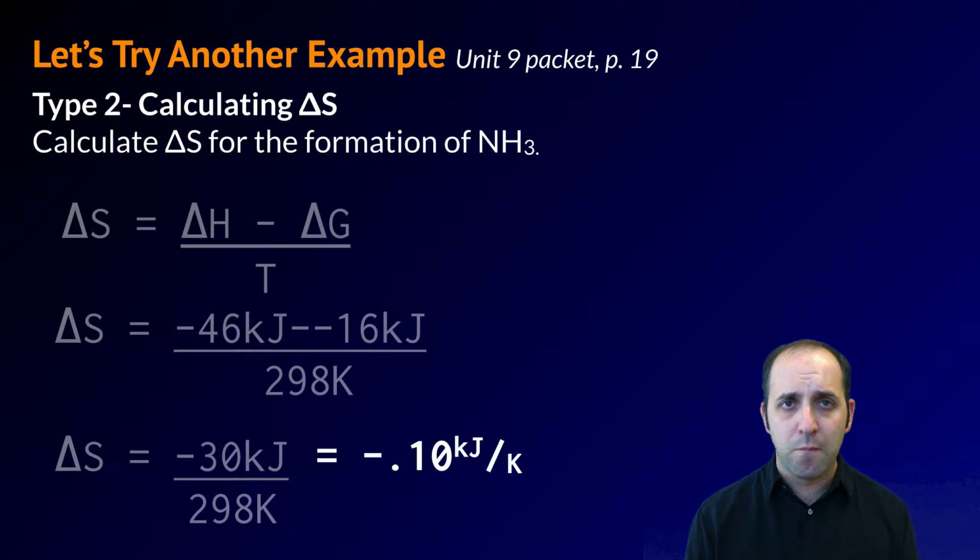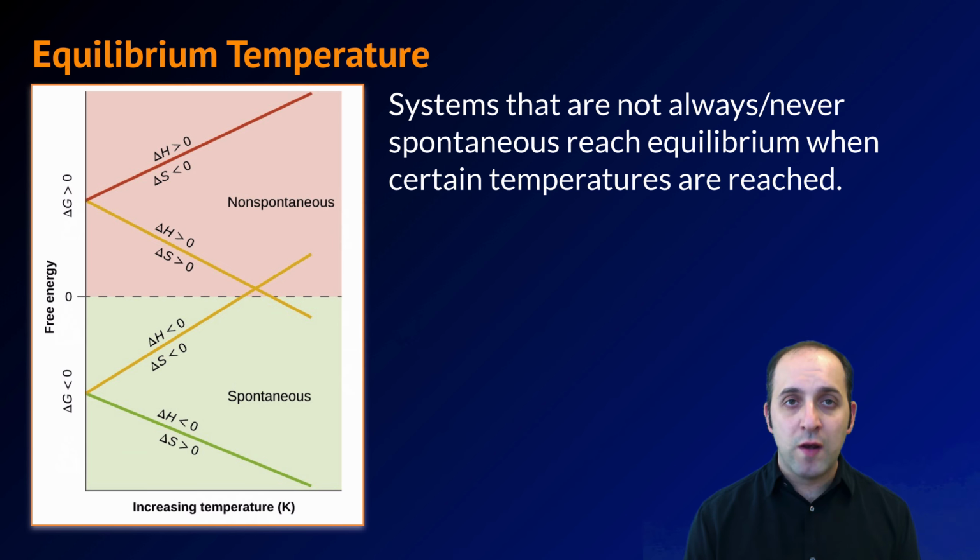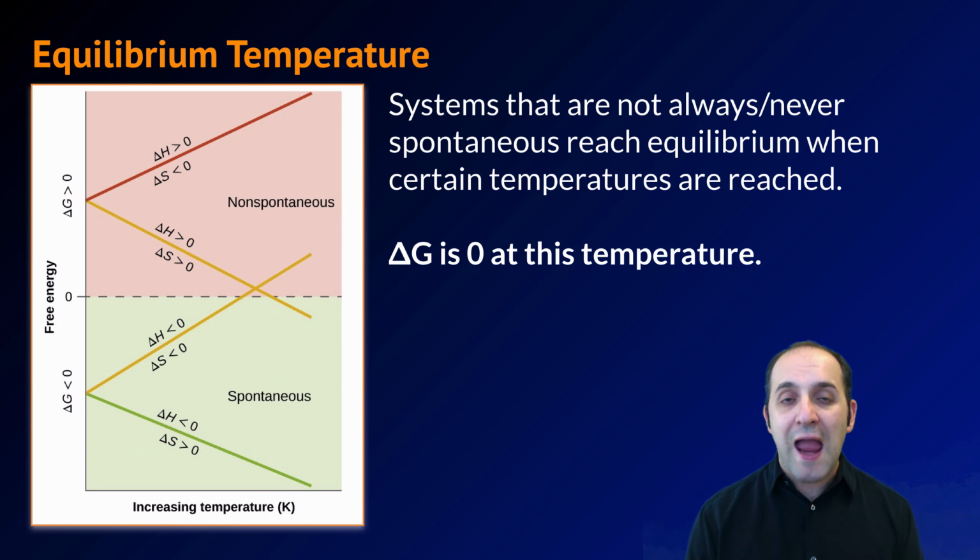The last thing that we're interested in when dealing with spontaneity calculations is what's called the equilibrium temperature. Systems in nature that are not always or never spontaneous are the only systems that can really reach chemical equilibrium. This happens when certain temperatures are reached. At these particular temperatures, delta G is 0. When delta G is 0, that's the hallmark of an equilibrium situation. Let's go in and take a look at how we can use this information to figure out the equilibrium temperatures